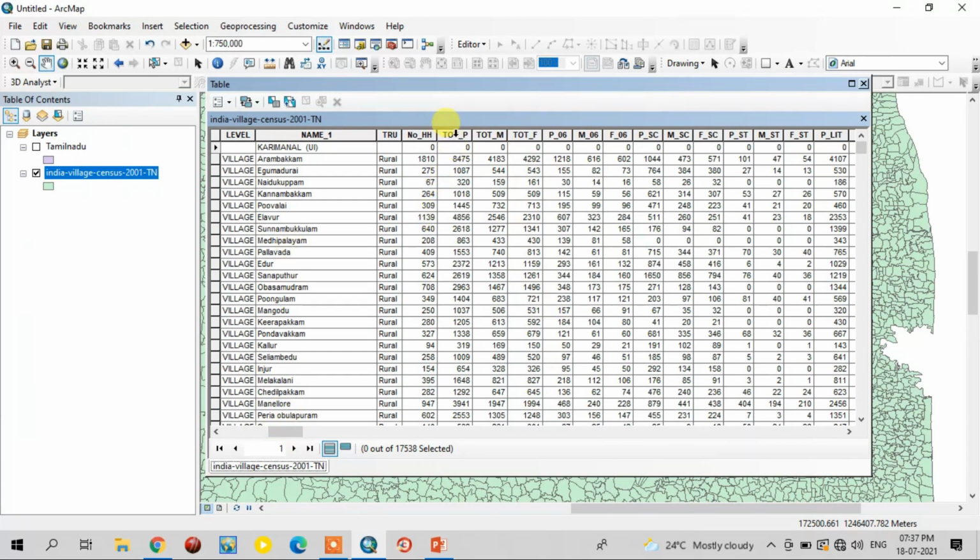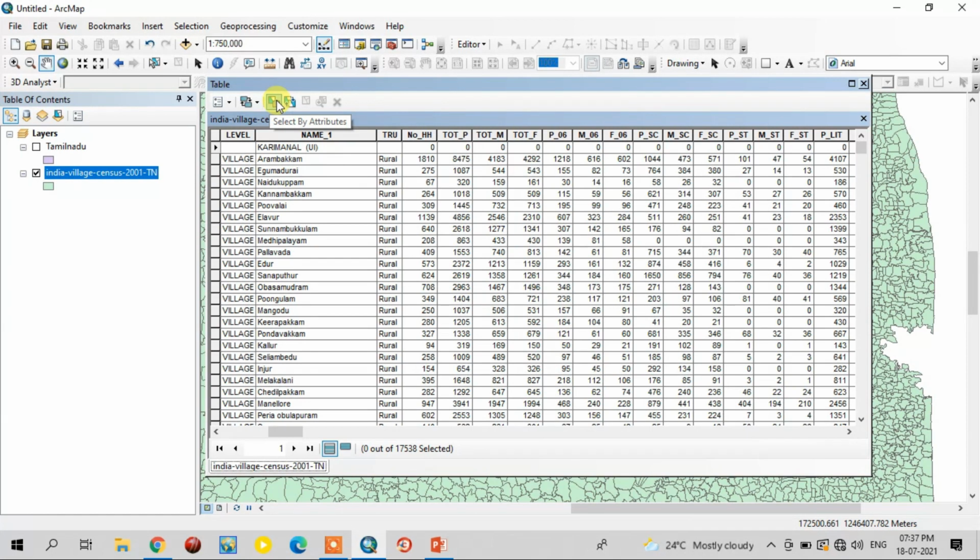See, actually these villages have total populations. Okay, but if you want to select only above 1000 population villages, okay, note it, above 1000 population villages, in this total population, if you need to select that, you just select here.